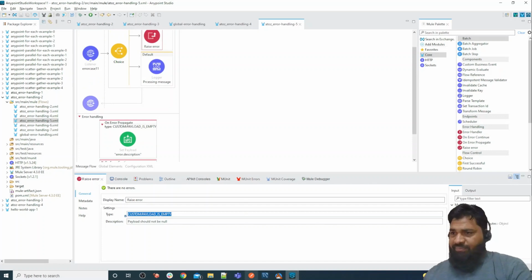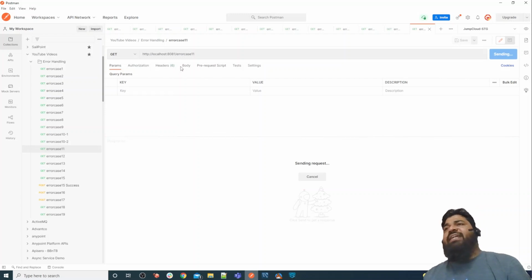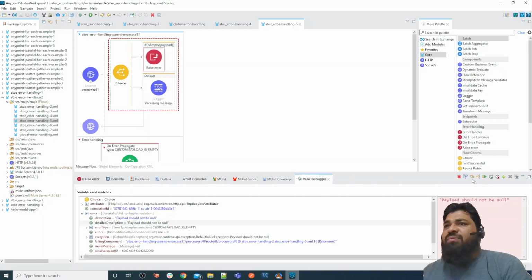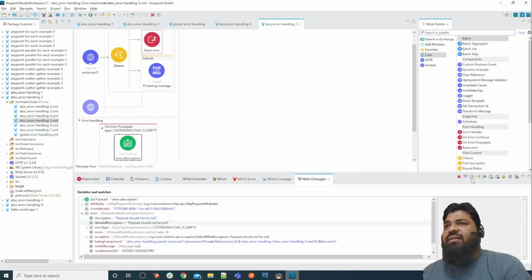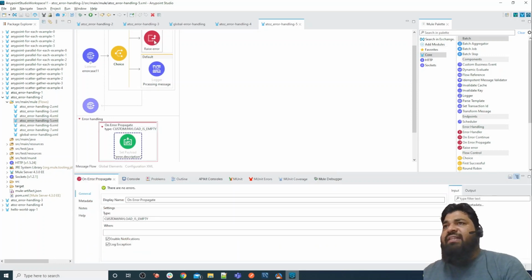So let me hit use case 11 here. As you can see, I'm hitting send. I'm not sending any body here, so by default my body payload is null. Then it will throw an error, which will be caught by this type. I have defined an error type the same as in Raise Error, the same as in this type.